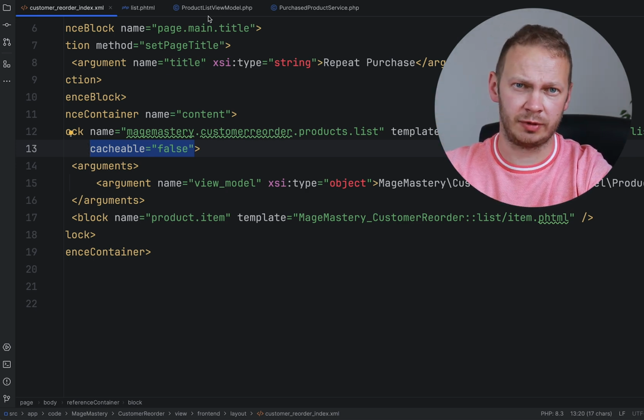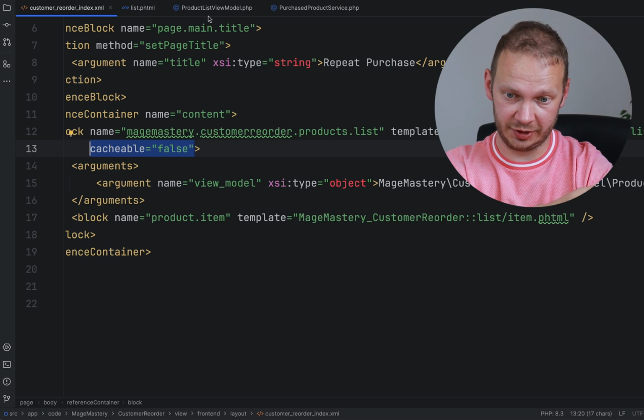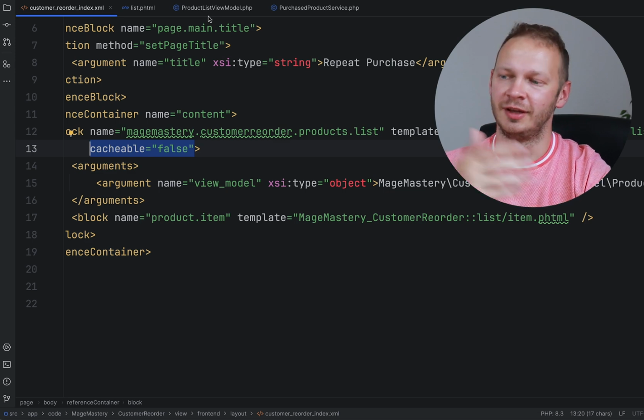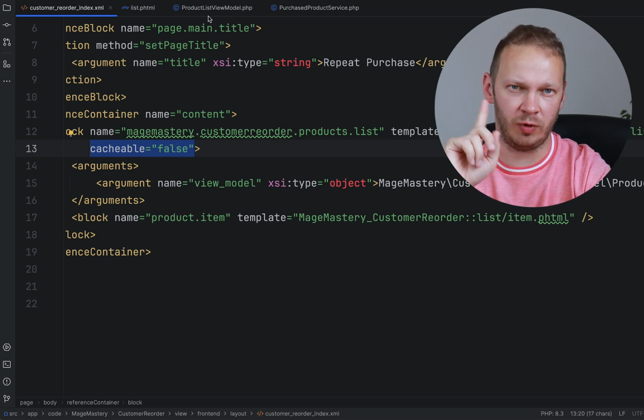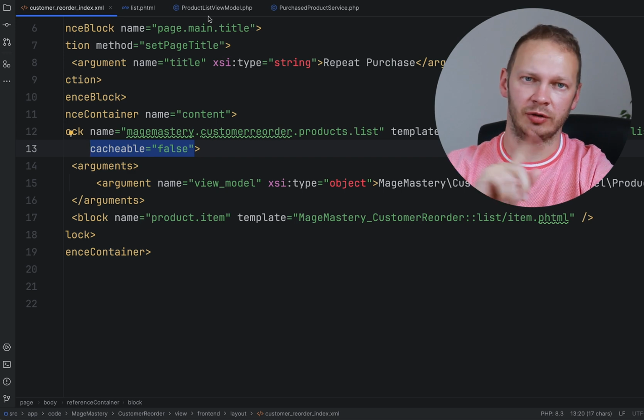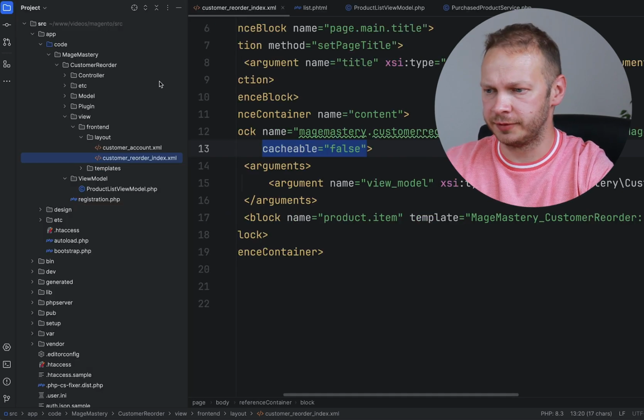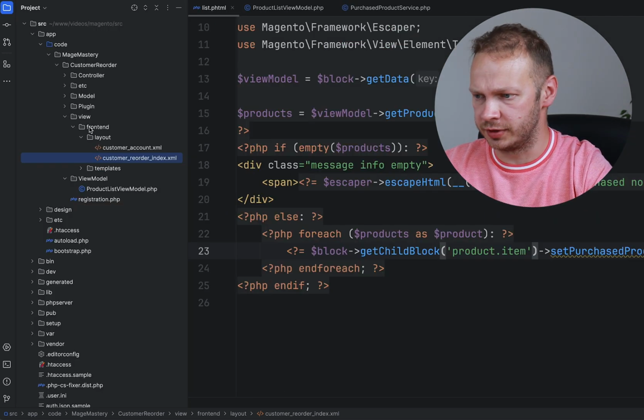The more straightforward way is to follow Magento core practice of using cacheable false for one of the customer account pages, custom pages that we've created. That's why cacheable false is used here. And